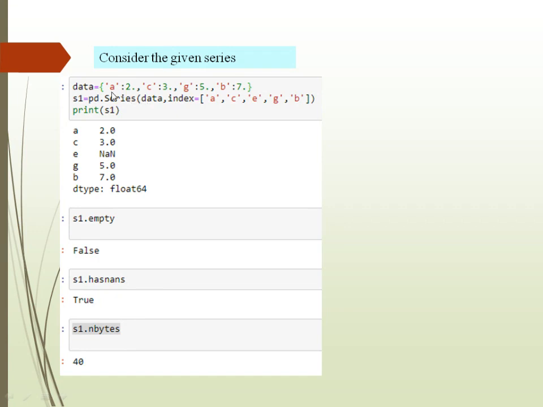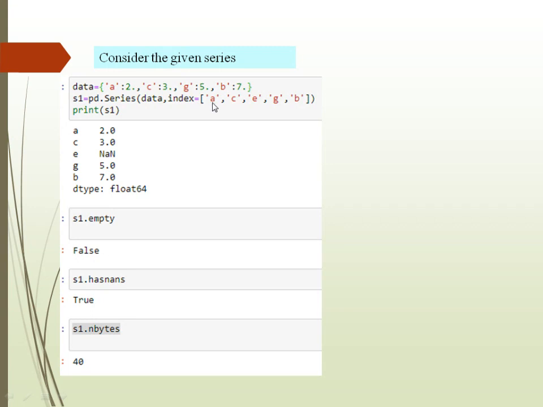I explained in my earlier video how a dictionary is converted into a series. All the keys will be taken as the indices, and all the values will be taken as the data part. So here the series is going to compare this A with this A.